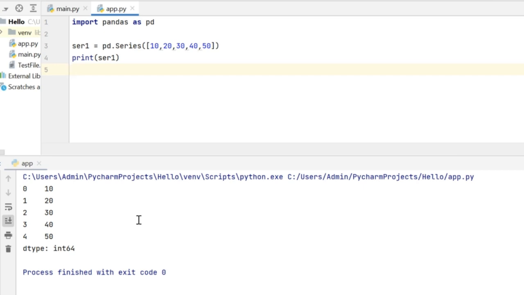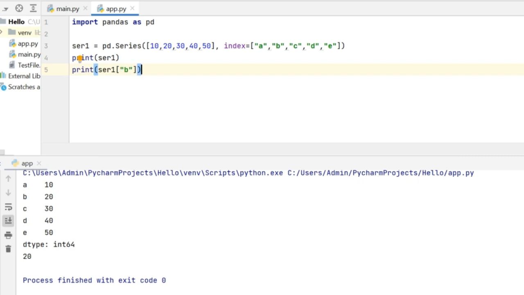So in that case, I can explicitly provide the label values. So I can do that by giving the values in index. So I have given index of A, B, C, D and E. So these are nothing but the access labels. This is how it is going to look like, where each and every value of the series is going to point to the labeled index. To print the entire series, I can give print of scr1, or to print data pertaining to a label, I can give print scr1 of B, which is going to print me the value that is mapped to the label